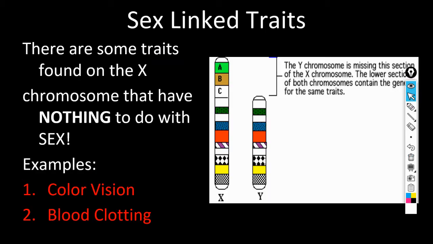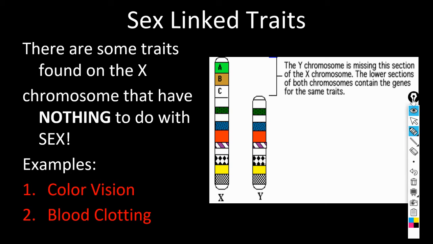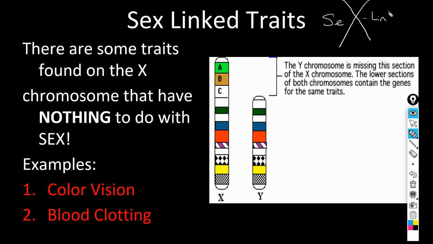So some traits are just found on the X. One of the tricks that I like to use to help you guys remember this is when you see sex-linked, I want you to think of that as, and really focus on that X as X-linked. So sex-linked traits are located on the X chromosome. So we just established that if it is a male, they have an X and a Y, and that a female has an X and an X. So these traits are only found on those X chromosomes in the